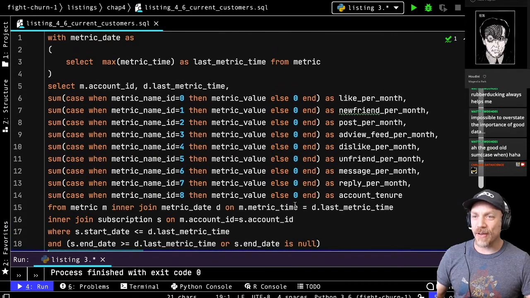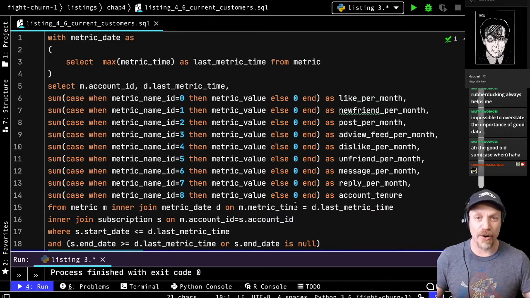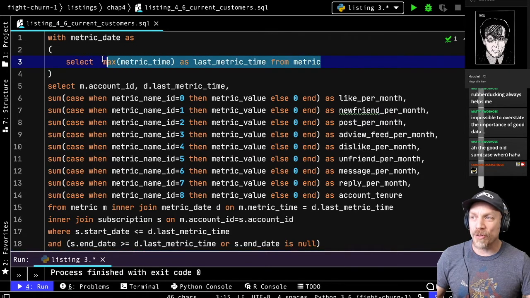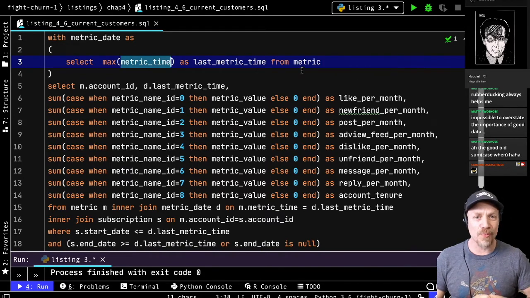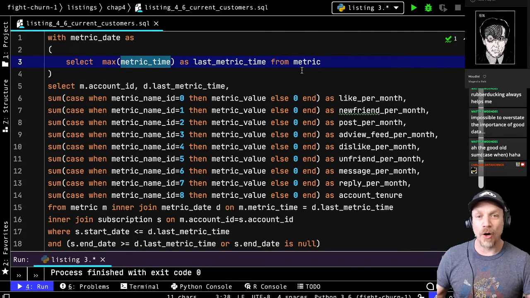In this, I call it a current customer data set because it's just all the customers at the current time. This is what you would use for segmenting your customers to do things like email them or reach out to customers who need help. There's a little CTE, common table expression, which gives you the maximum metric time. It's assumed that whatever is the last date that you have any metric, you have all the customer metrics.